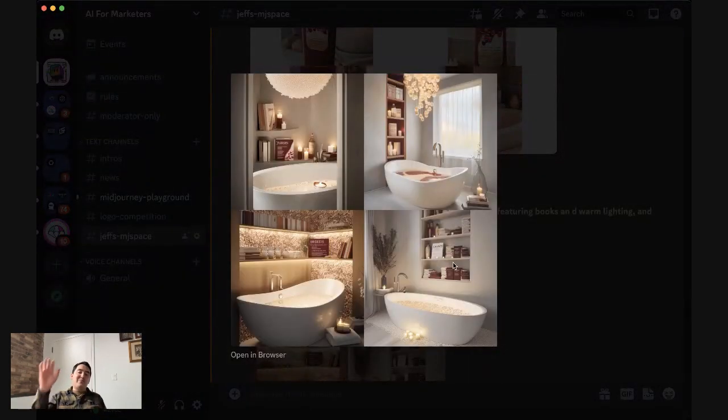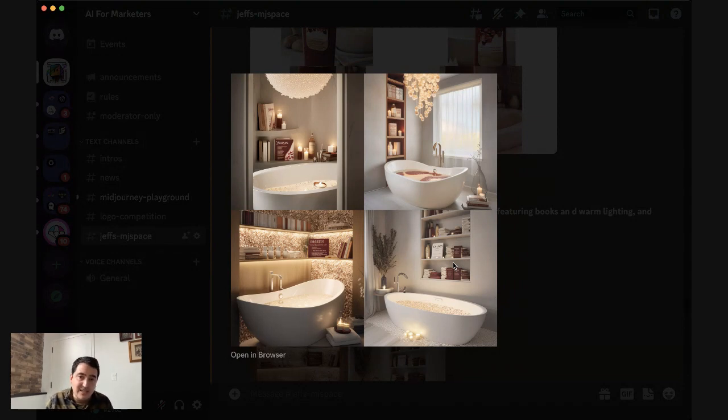I said, okay, give me the same prompt, but give me the Caress bottle at an image weight of 0.5. So this is what it does when it's 0.5. Now here we go, right? This is something that's useful. 0.5 is actually pretty good. In this example, it's using the colors, the design, and the swirls that are inside the product label and inside the product soap itself to create a bathroom that is actually pretty useful for us if we were creating a quick turn social asset.